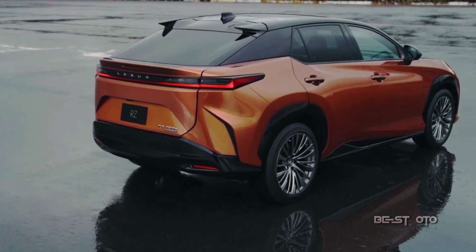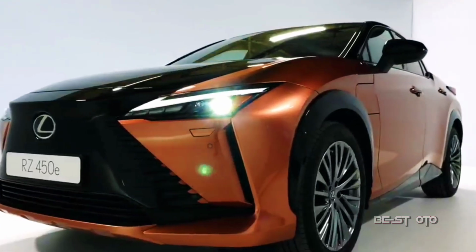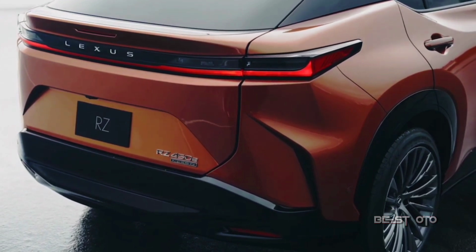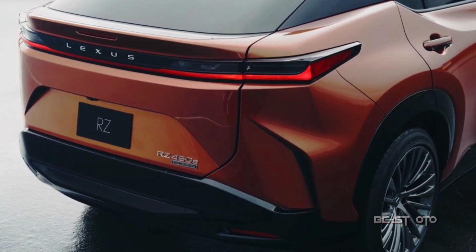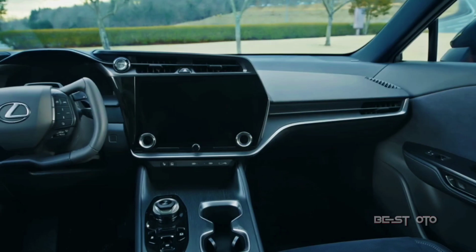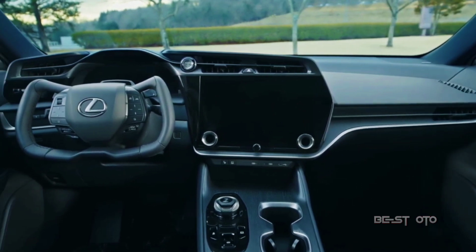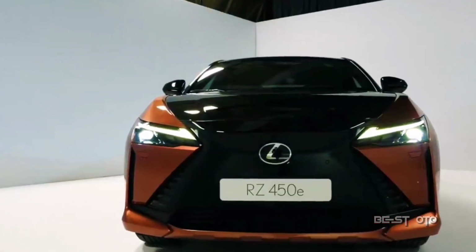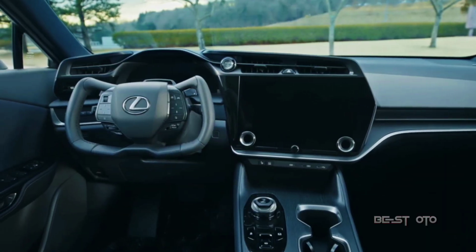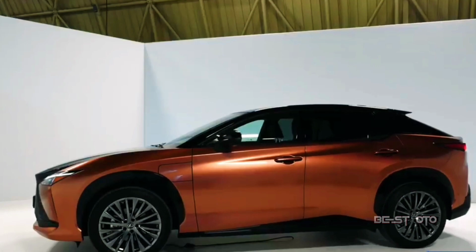Stepping inside, the 2023 RZ has a familiar yoke, but the dashboard behind it is exclusive to the Lexus-only electric SUV. For example, the digital instrument cluster is positioned at a normal distance from the driver rather than being mounted further back, as is the case on the bZ4X and Solterra. The 14-inch touchscreen is larger than the 12.3-inch infotainment of the other two models. There seem to be fewer quick shortcuts on the center console, where the air vents are above the screen rather than